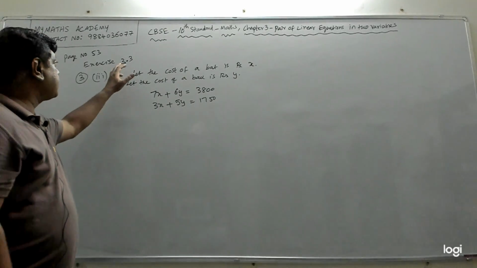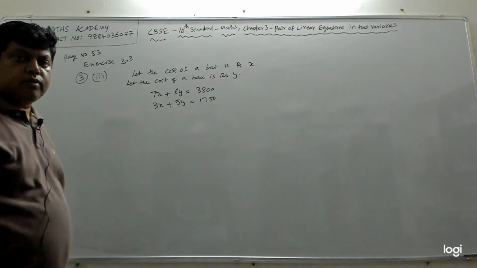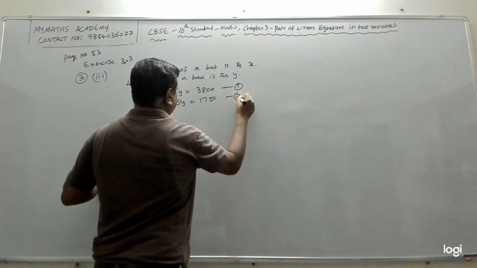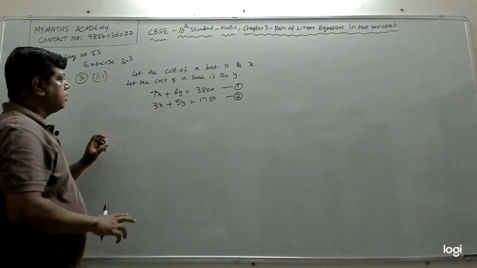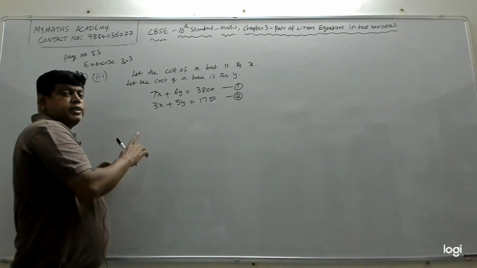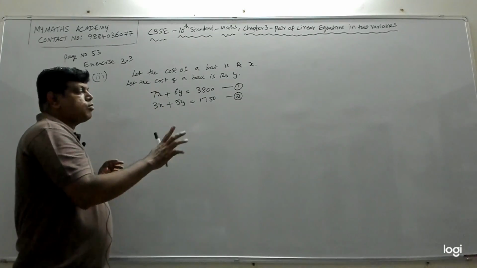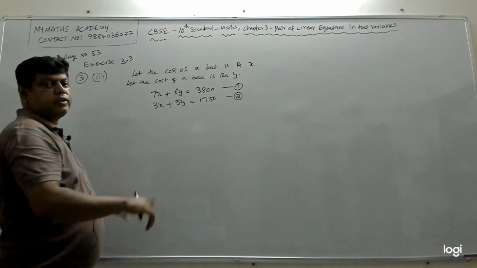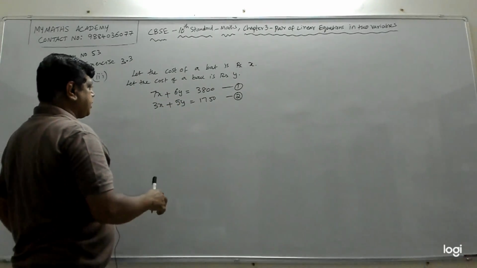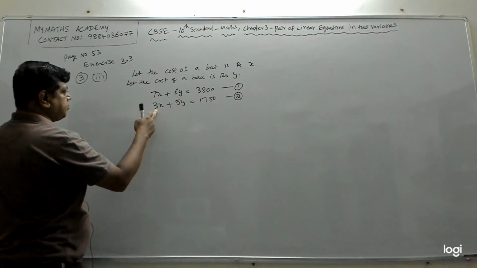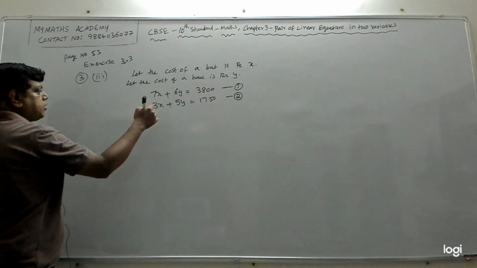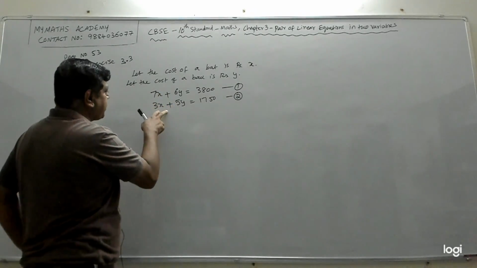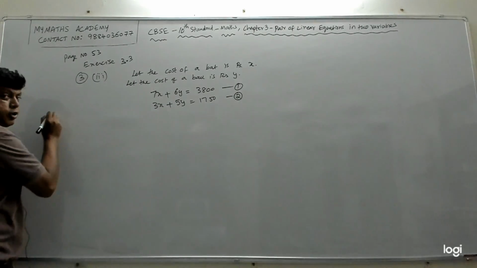So in this section, 3.3, we'll fully deal with the substitution method. Now this is equation 1, equation 2. First, as I said, we will check whether any one of the equations has either the coefficient of x as 1 or the coefficient of y as 1. Nothing has. These are 7, 6, 3, 5, nothing has coefficient 1. So we can take any equation. I will take the second equation. We can take the first one also. Since 3 and 5 are comparatively smaller than 7 and 6, I am taking the smaller one. So I am writing equation 2 here again.